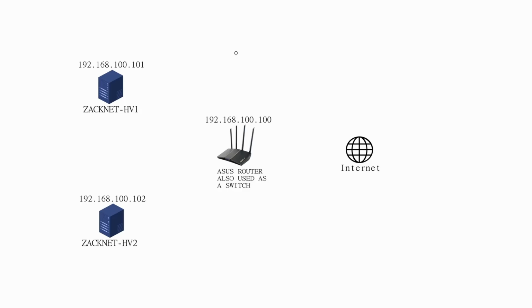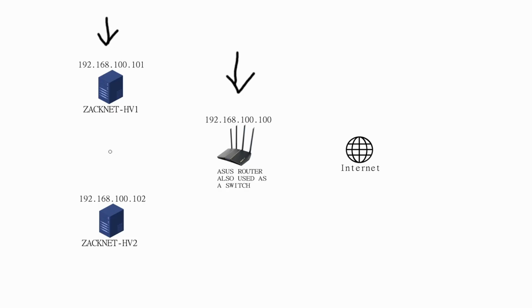Before we get into the nitty-gritty of things, I wanted to go over the network topology with you. As you can see in the middle, we have our ASUS router, which is also going to be used as a switch. It's got a static IP address of 192.168.100.100. Over here, we have our Hyper-V host, which is called ZACKNET-HV1, and it's got an IP address of